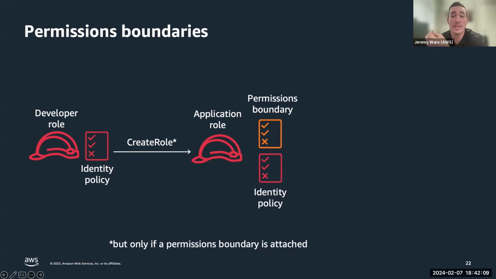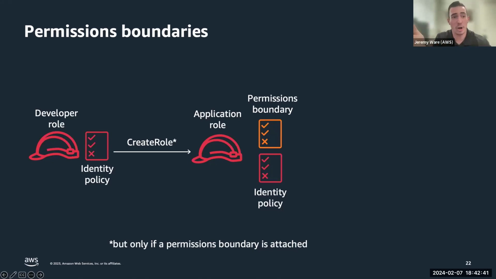So a secure way of doing that is to grant them the create role action in the IAM policy under the condition that they attach a specifically defined permission boundary, using the ARN, to anything they create. So the developer itself doesn't have a permission boundary on their role, but any role they create has to have the permission boundary attached for them to create the role. Otherwise, it's denied. And so the use case here would be something like a developer isn't quite sure what permissions they need, so they